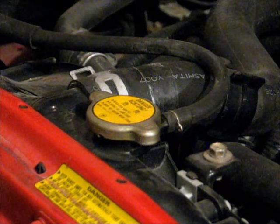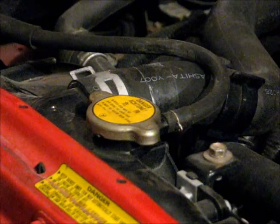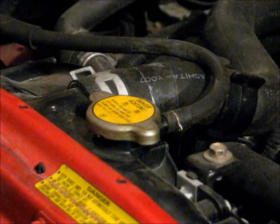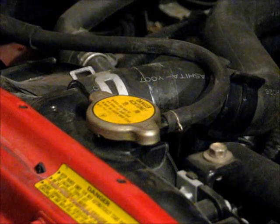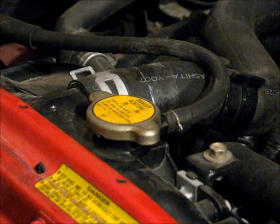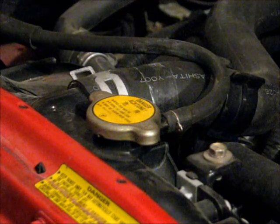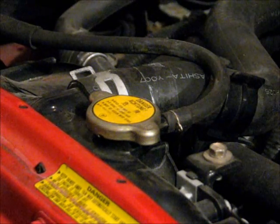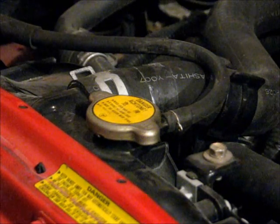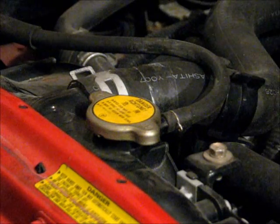Now what we're going to do is begin to fill the radiator up. Obviously that's pretty simple, but we're going to be watching for coolant to start flowing out of the bleed bolt that we loosened. And we're going to keep filling the radiator. When we see coolant running out of the bleed bolt, we're going to close it and tighten it up, and then we're going to keep filling the radiator until the fluid level comes up to the bottom of the filler